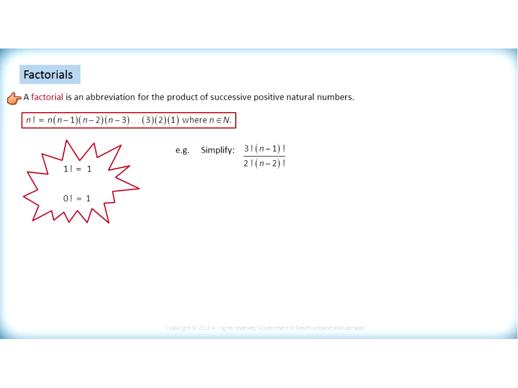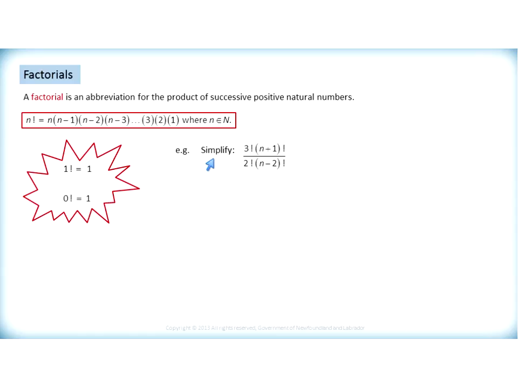Recall that a factorial is an abbreviation for the product of successive positive natural numbers, where n factorial is equal to n multiplied by n minus 1, multiplied by n minus 2, multiplied by n minus 3, and so on until you get to 3 times 2 times 1, where n belongs to the set of natural numbers. It is also of critical importance that we remember that 1 factorial is equal to 1 and 0 factorial is